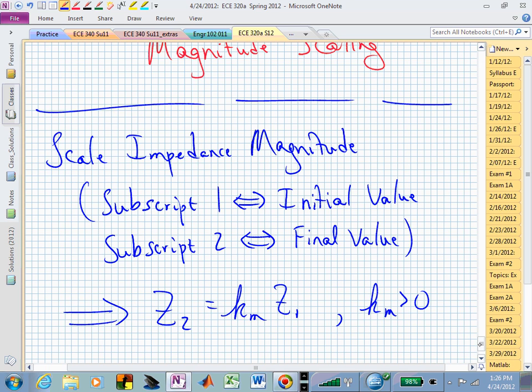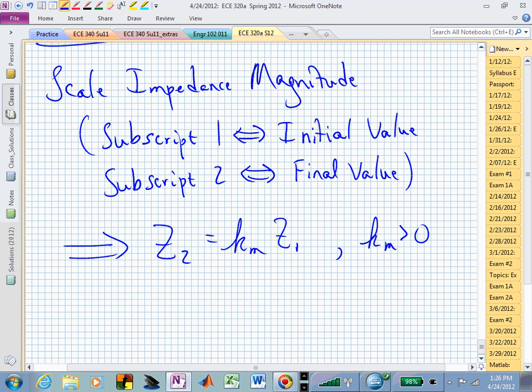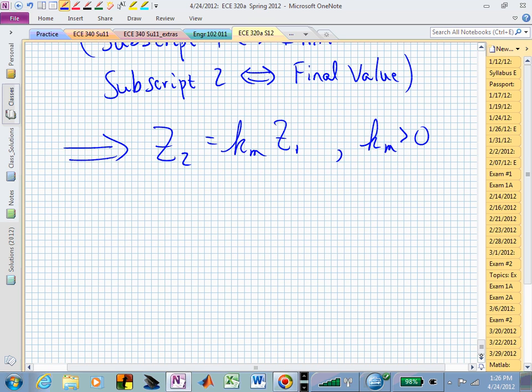And now all we need to do to relate that to R's, L's, and C's is simply to remember what our impedance formulas are for R, L, and C. The impedance of a resistor, which says now if I have Z sub 2 is equal to K sub M Z sub 1,